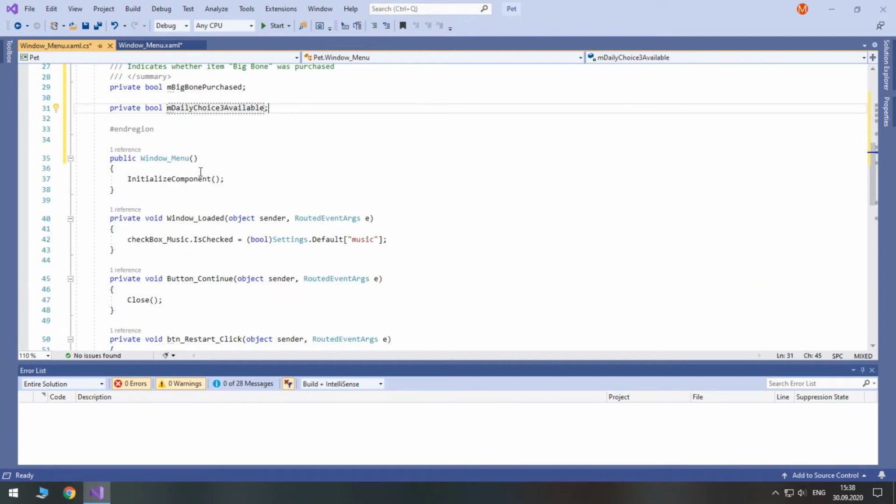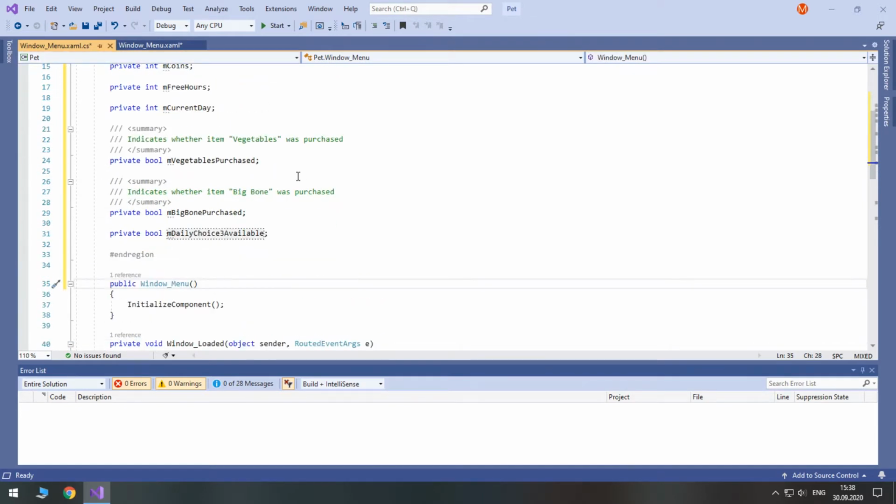Now in the constructor we will need to accept all of these from window game.